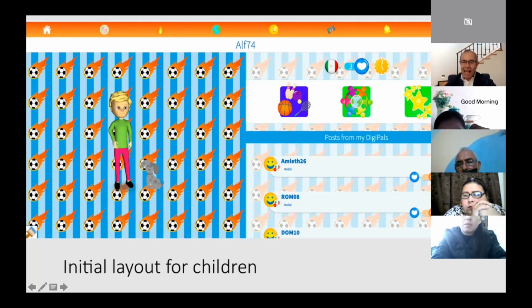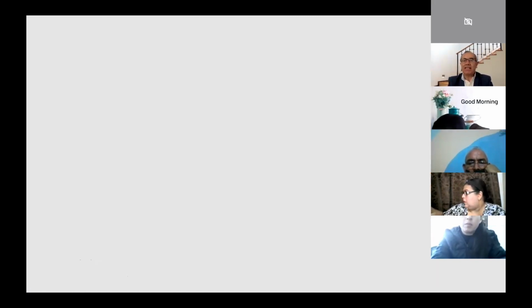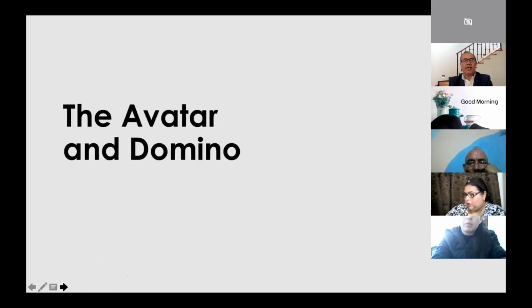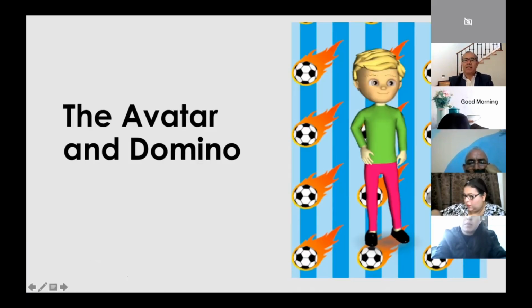So when the students enter, this is the first thing they are going to see. Van a decir, ¿a poco es eso yo? So you have to explain what is the avatar, etc. And someone who is going to be always there, that is Domino. Domino is a pet for Little Bridge. So Domino is going to be here, there, everywhere. And Domino is appearing, and Domino helps. Domino does many, many things. So that's the first thing that the children see when they enter into their account. So that's the avatar. It's super important.